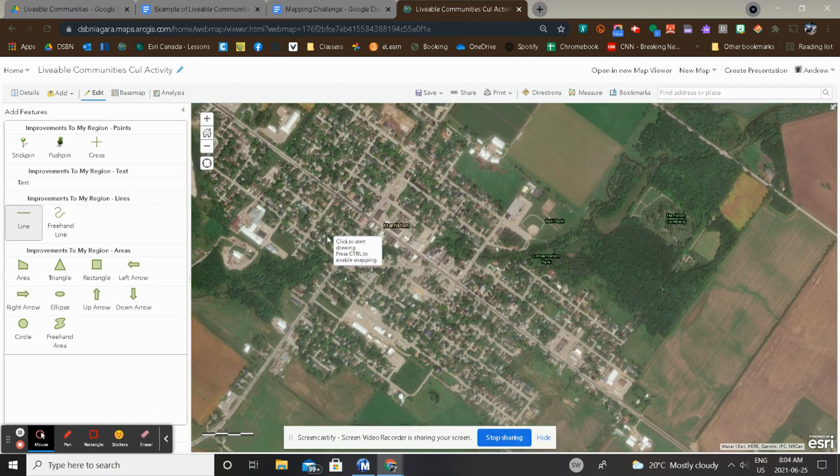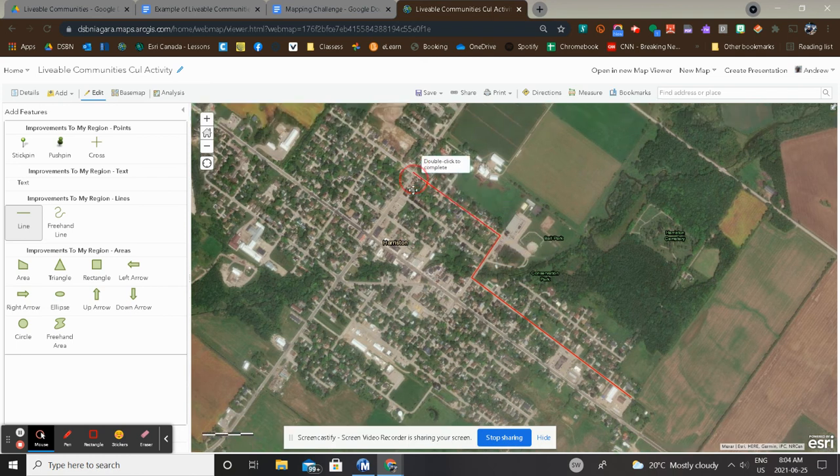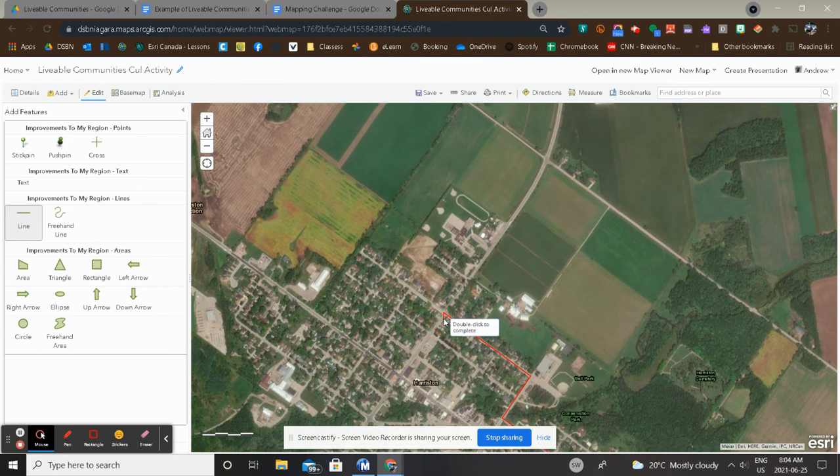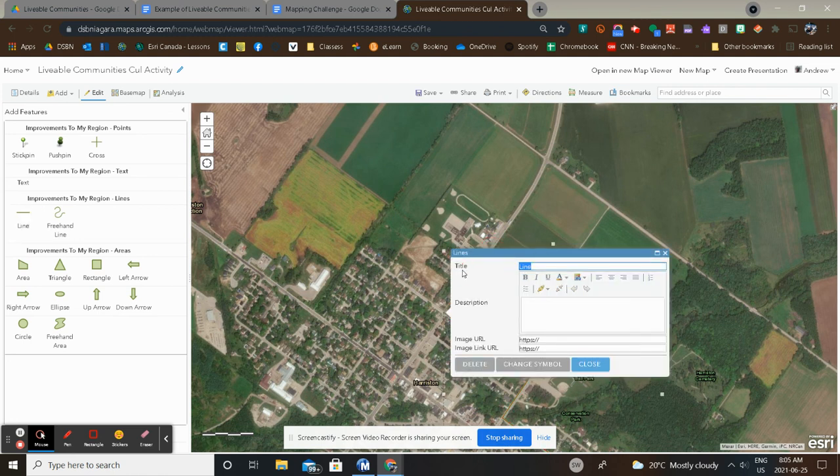So I'm just going to click on the line tool, and I want to start from the very edge of my study area. I'm just going to single click, and I can click and drag to bring the map down, and then double click at the end. So I'm going to call this bike lane,